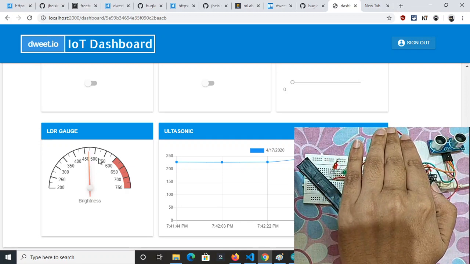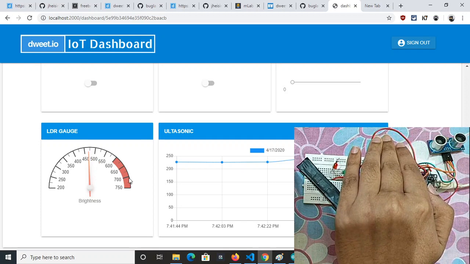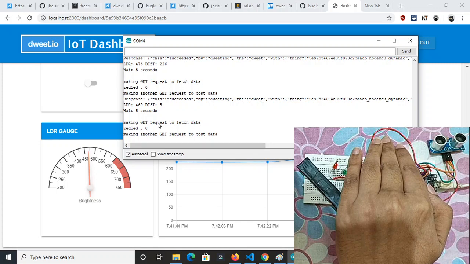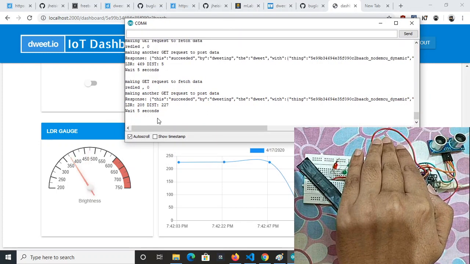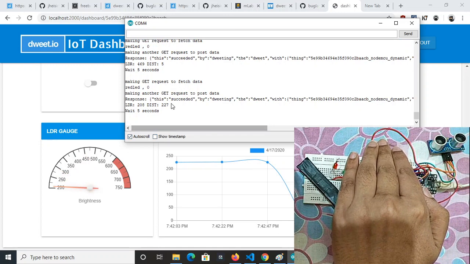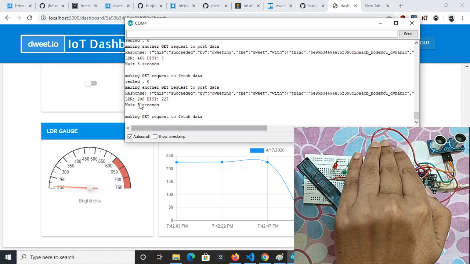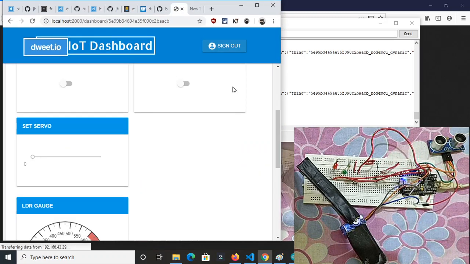It's between 450 and 500 here, and as soon as the request comes in the serial monitor, in the next request, the LDR data is 208, so it's now here. So you can visualize it more clearly now.